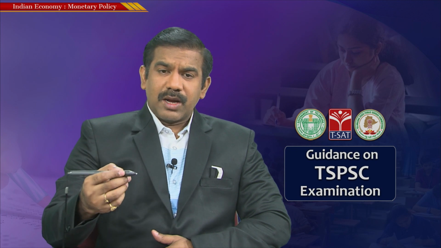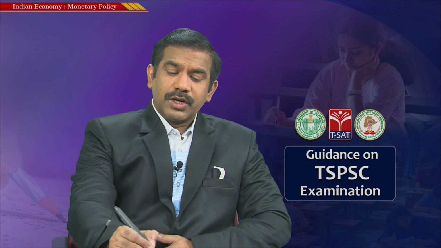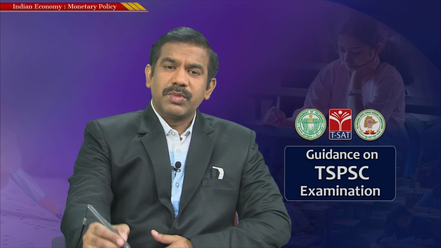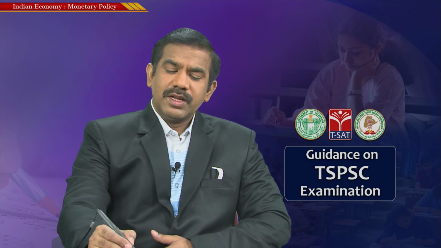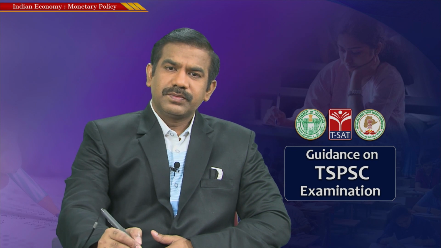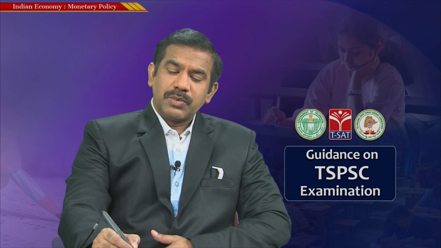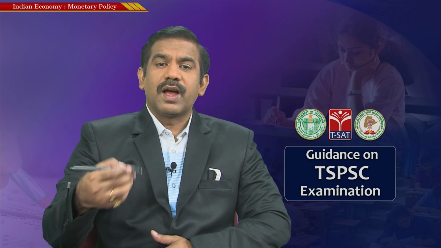And at the same time, the RBI, based upon the circumstance, could also go for the opposite of it. That means it could reduce the supply of money. How come? By simply increasing the interest rates. So simply, how does the RBI control the supply of money or the supply of credit? By altering the interest rates. If the RBI goes for increasing interest rates, what happens to the credit supply? It decreases, because people would not be interested in borrowing more money at a higher rate of interest.